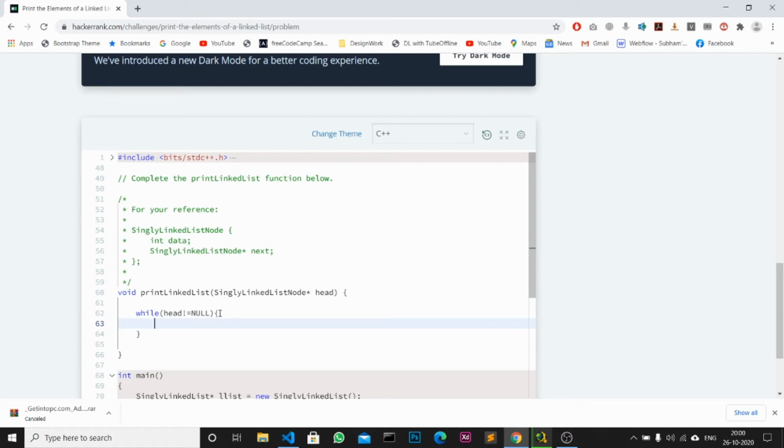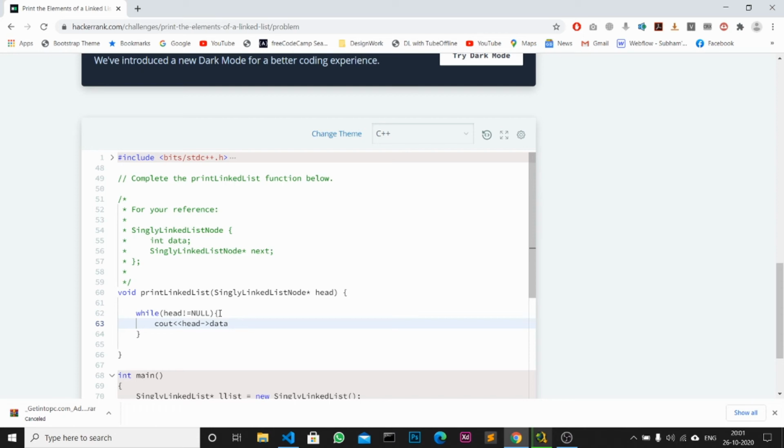Head is the pointer that is linked to the first element, so the data in the head will be the first element. So I have to print the data of head, head data, then